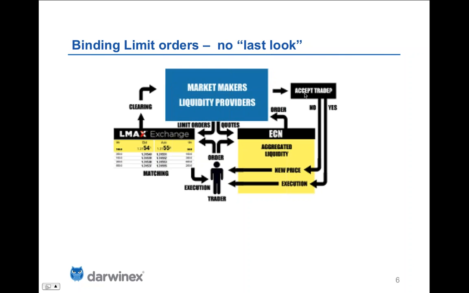Now, that's a very long way of describing what people know as a requote. A requote is essentially just that. The dealer has been offering to trade at price X. You take that price X, then the price moves your way, and the dealer says, hang on, I don't like this price anymore, but I'm still okay trading at this other worse price. Then at that point, you can tell the guy, well, thank you, but if I had known, I would have traded